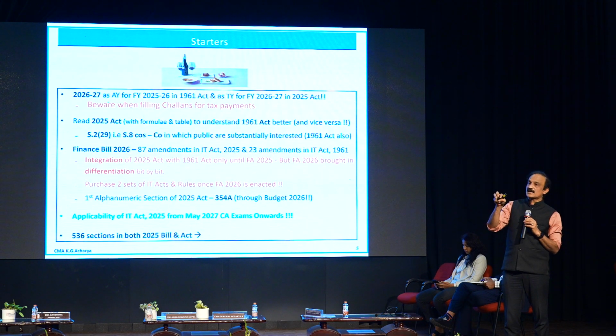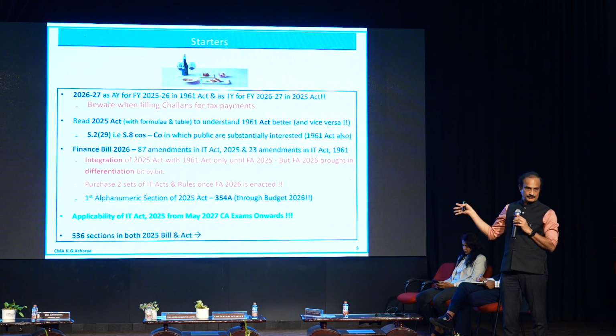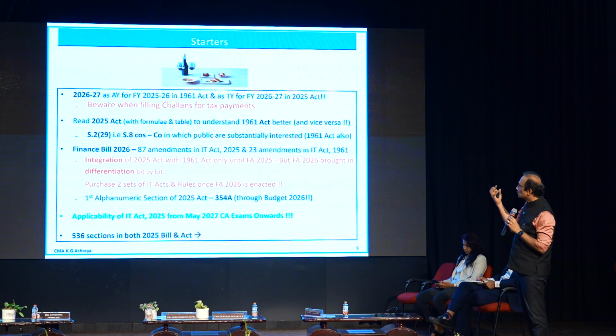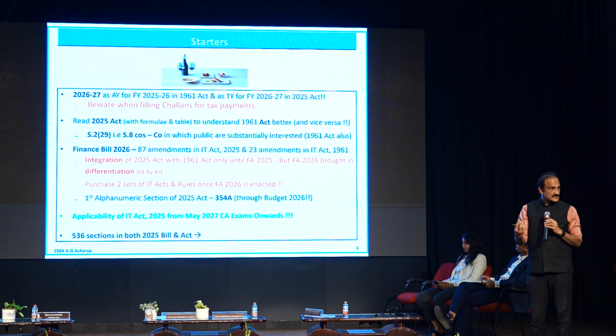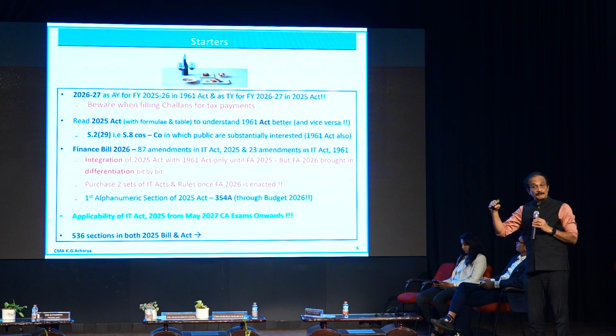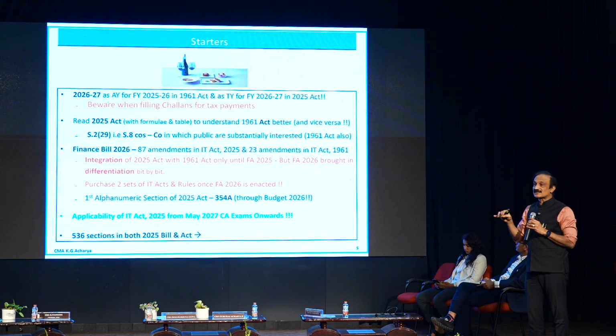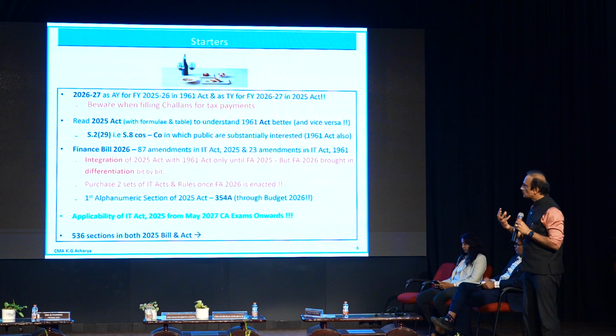If by mistake in the challan when you are paying, you use 25-26, it will go to last year. It should be 26-27. So you have to be very careful when you are filling the challans for tax payments. You will have to inform all your office assistants to fill the correct year when you are paying the advance tax or the TDS also, because from 1st of April, the TDS will kick in. For this year, the last date is 30th April. Maybe for April, 7th May. When you are filing on 7th May or 30th April, you have to select the right assessment year. If it is pertaining to financial year 25-26, it is assessment year 26-27. But if it is pertaining to 26-27's tax that you are paying, it will be tax year 26-27. You will have to be aware of that.